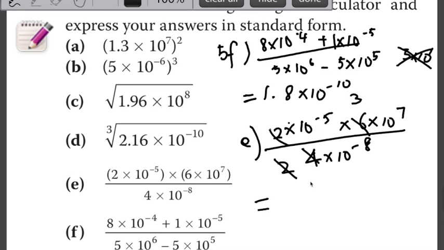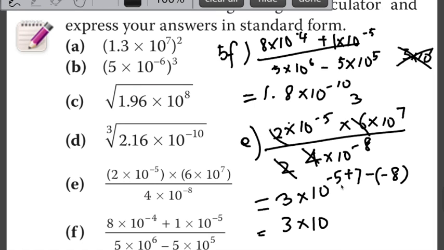And then look at this. You are left with a 3 on the numerator. Then this is times 10 to the power negative 5 times 10 to the power 7, which means plus 7. And this is in the denominator, so it's a minus, because it's divide by, so minus negative 8 in the denominator. So this one, without a calculator, you can get 3 times 10 to the power of